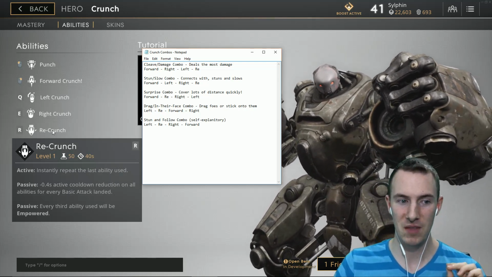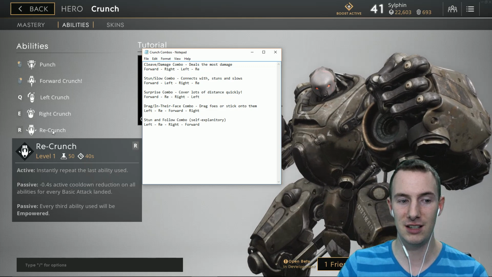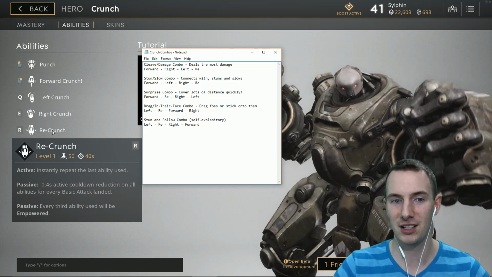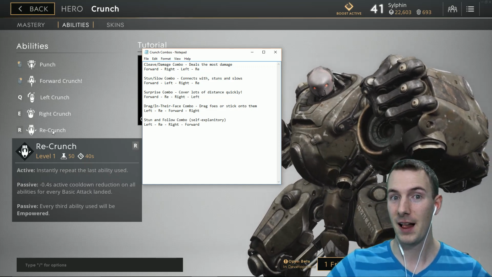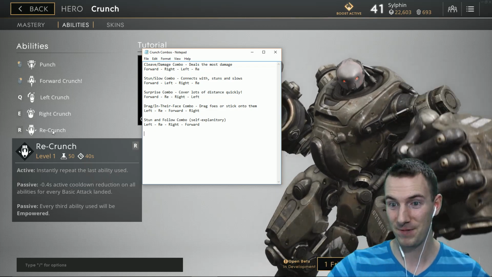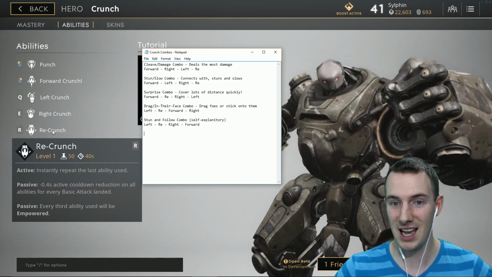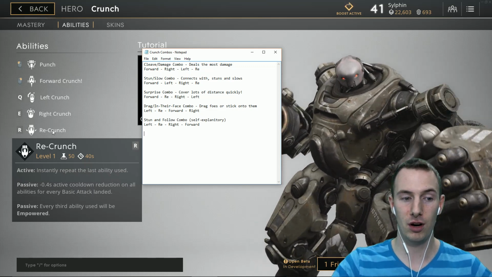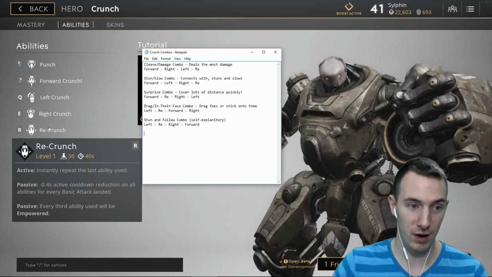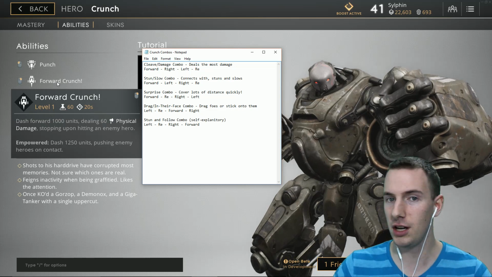However, there's two passives to it. The first passive: 0.4 second active cooldown reduction on all abilities for every basic attack landed. In other words, every time you basic attack, you cut 0.4 seconds off any active cooldowns. Can you see why we focus so much on attack speed? The more we can attack, the more our cooldown reduction can kick in, the more abilities we can use, therefore empowering more abilities, therefore doing more damage. And of course with Right Crunch doing more CC, more knock-up, more cleave, more dashing, more pulling,